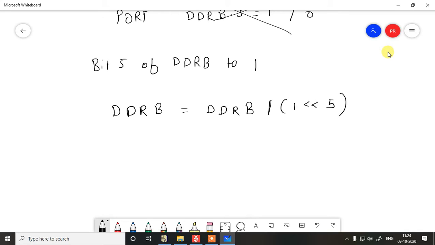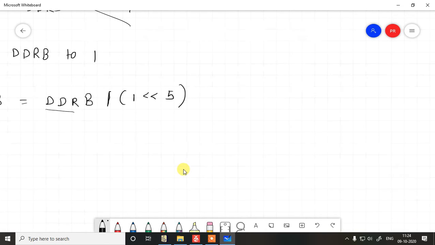Now how does it work? For example, let's assume that we don't know what DDRB contains. It may have a status like X, X, X, X, Y, Y, Y, Y.